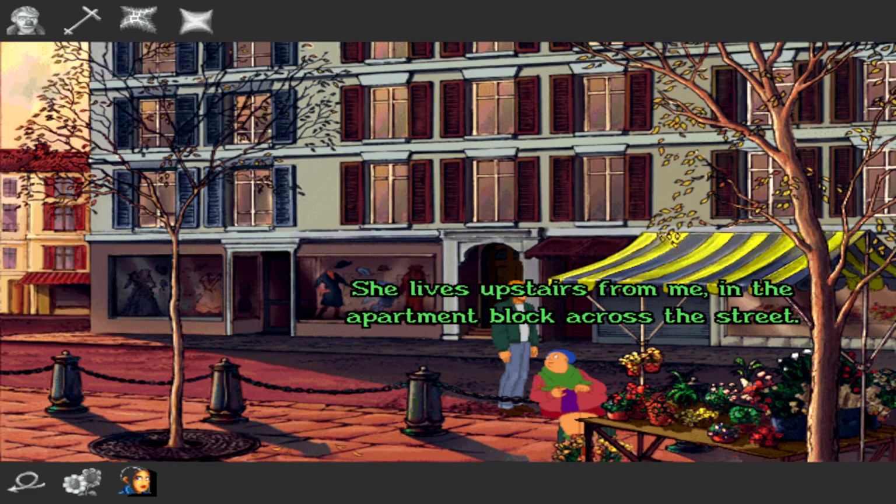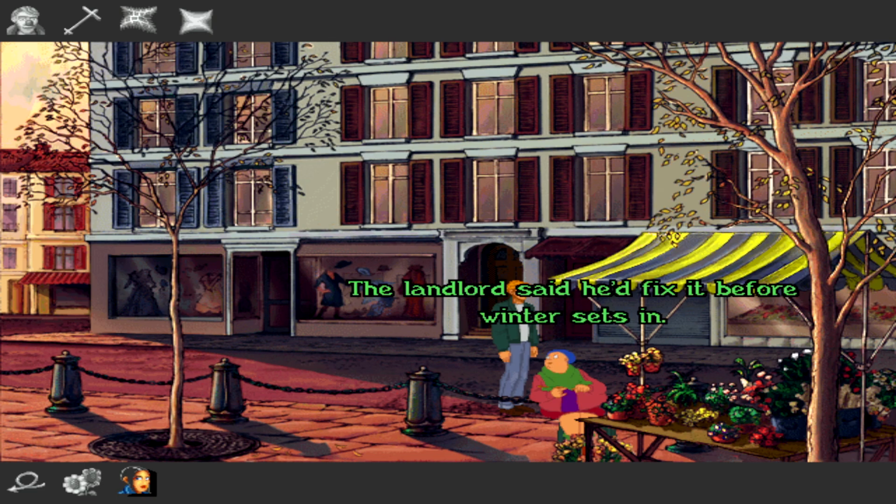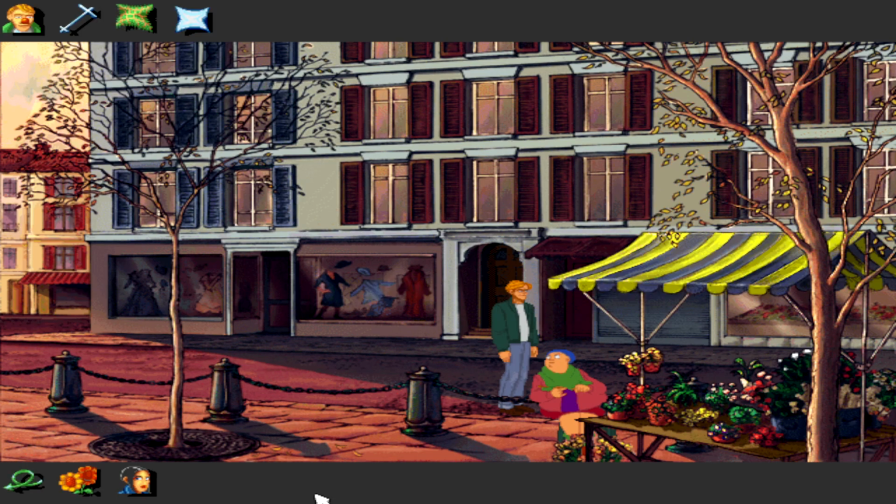Yes, I do. She lives upstairs from me, in the apartment block across the street. The door isn't locked, but you'll need to give it a gentle nudge. It sticks, you see, because of the damp. The landlord said he'd fixed it before winter sets in. He's been saying that for 3 years. Sounds like my landlord. What an asshole. Yeah, so if you don't speak to this bird, I'm pretty sure he can't open the door, so...